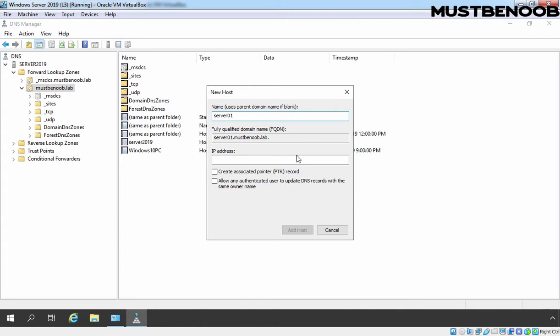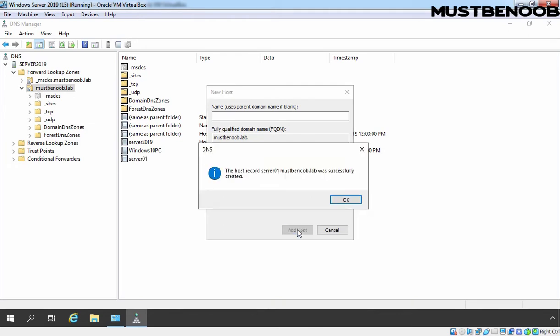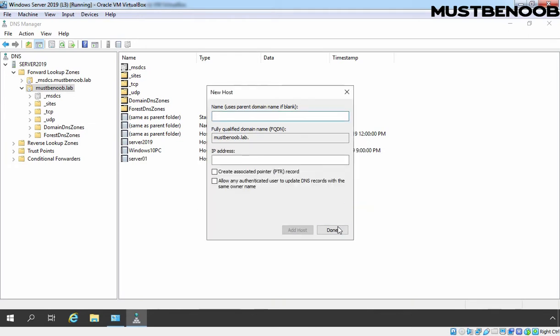Let's type the host name, server01, and when you type that host name, the FQDN will automatically fill up to server01.mustbenoob.lab. The reason is pretty simple: we are creating this host record under the mustbenoob.lab DNS zone. Let's specify the IP address 192.168.1.12. Click on Add Host, click on OK and click on Done.